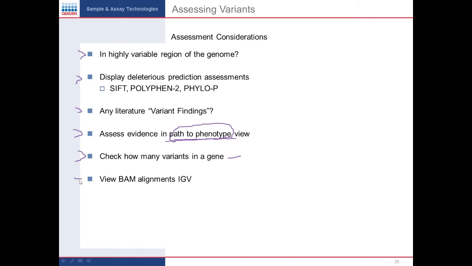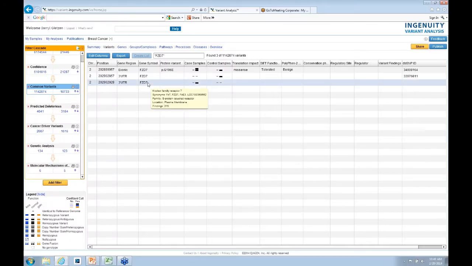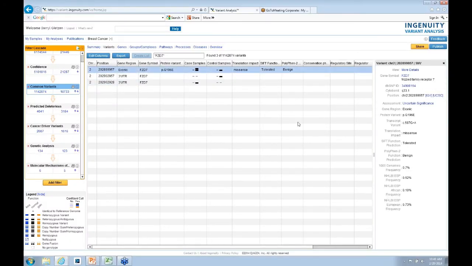Another thing I'll point out is the ability to look at BAM alignment. If I wanted to look at this, I could click this IGV. You need to have IGV installed. IGV is the Integrative Genomics Viewer from the Broad Institute. You will need to have access to your indexed BAM files. You do not upload those. Please do not try. It's a whole bunch of data we don't want. But you may have it sitting on a hard drive or a server that's local to you. You can load that data into IGV, and by using that IGV link,